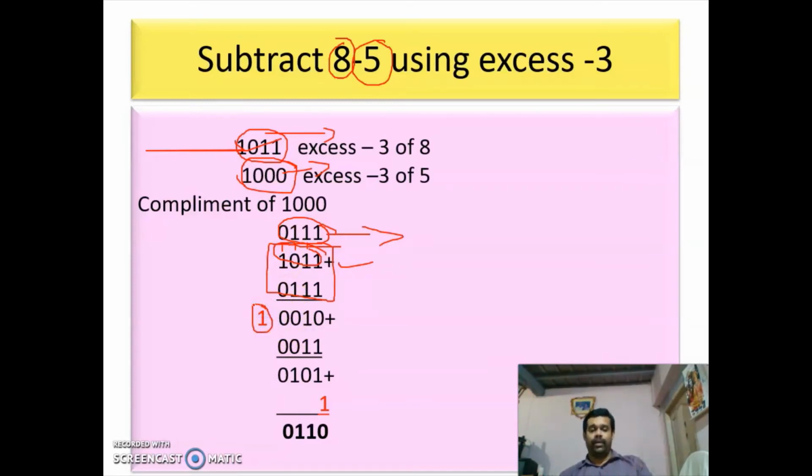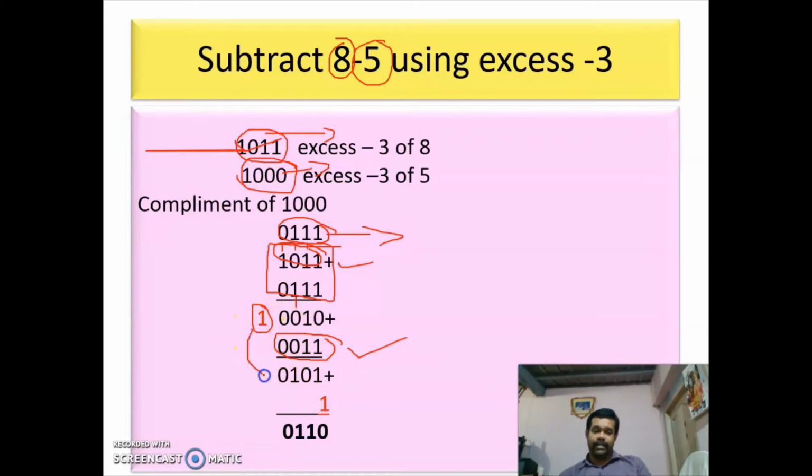So already I have told, if you are getting a carry, then you have to add the sum. The sum is positive. You have to add 3 and you have to do an end around carry. First, if you are getting a carry, then you have to add 3. So we are adding a 3. 0 plus 1 is 1. 1 plus 1 is 10. That 1 getting here. Then 0 plus 0 is 0.